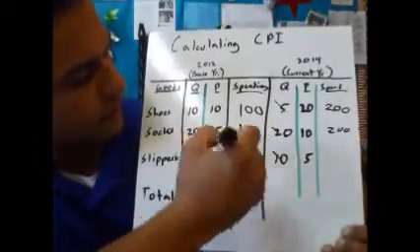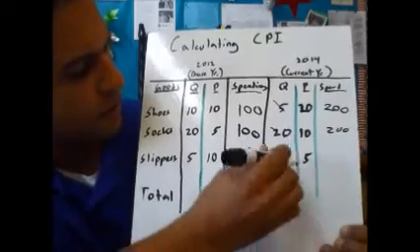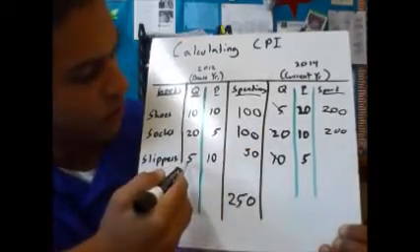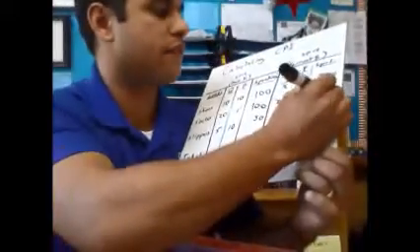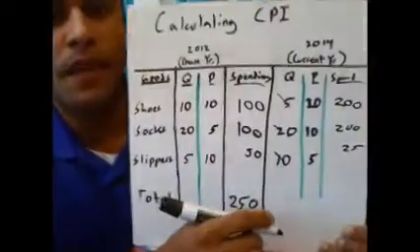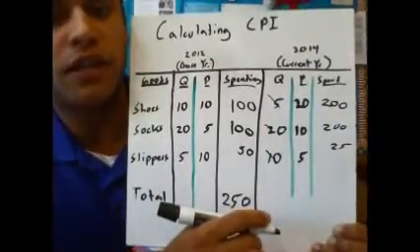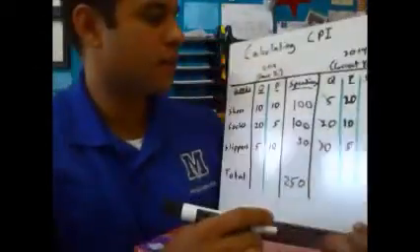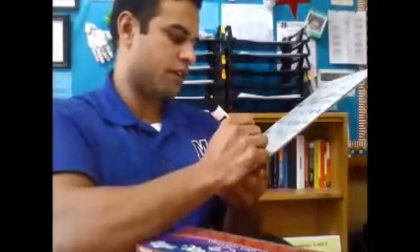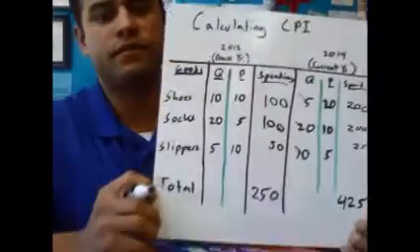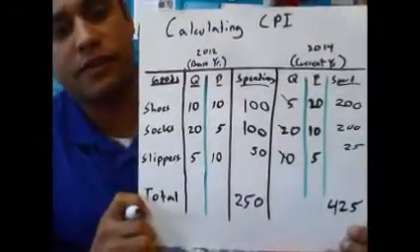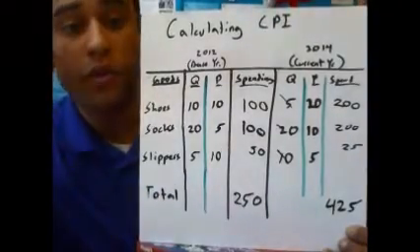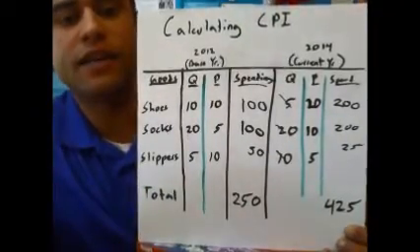5 times the quantity of 5 is 25. Okay? So our total cost of the basket of goods from the base year in 2014 prices would be 425. So now what we want to do is use the equation for CPI to figure out